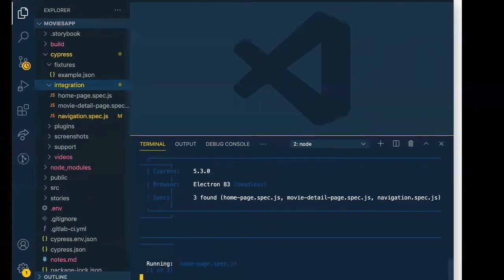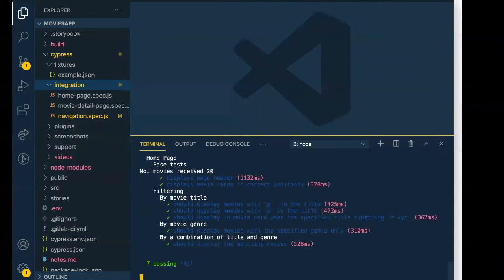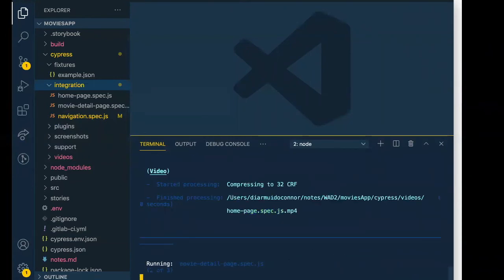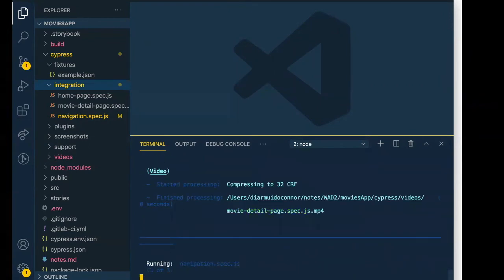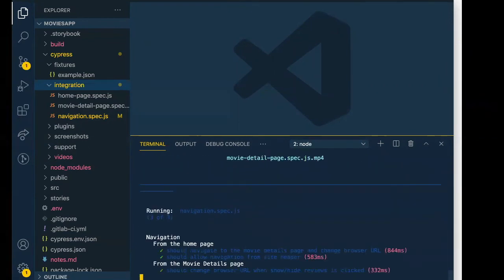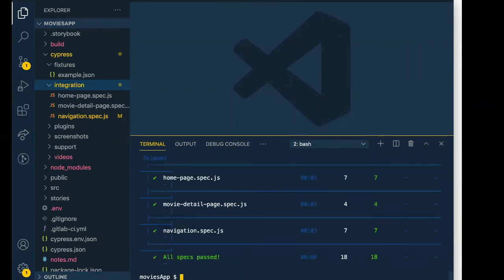So it's running through all of the tests. Internally, it is actually starting up a browser instance, but it doesn't appear on your screen. It doesn't have a UI side to it, if you like, which is why we call it a headless execution mode. What it has also done is, if I look inside my Cypress folder,